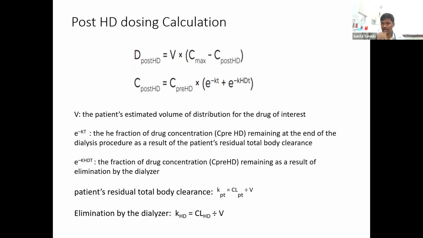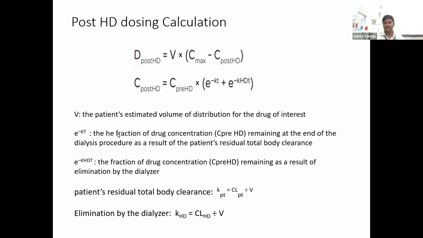So if I have a patient, how to calculate the dialysis dose? If you don't want to depend on the older literature and you want to calculate the dialysis dose for your patient, how do you calculate it? These are the two formulas we sometimes use for our patients. For that, you need particular values to calculate the post dialysis dosing. You can use the patient's estimated volume of distribution of that particular drug. So you need to find the volume of distribution of the particular antibiotic in CKD HD patients. You will get this value from the literature, and e to the power of